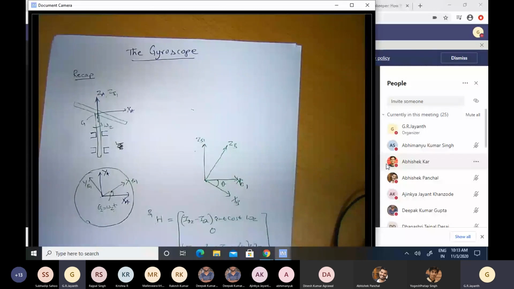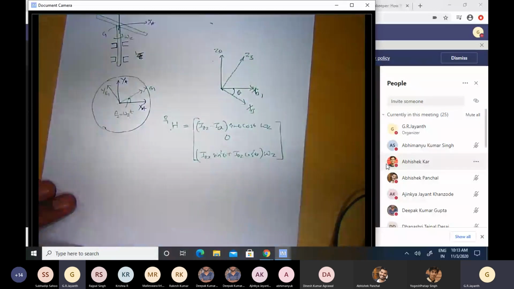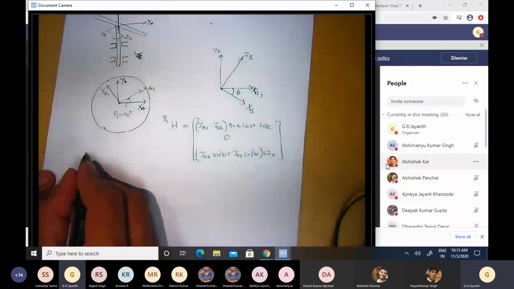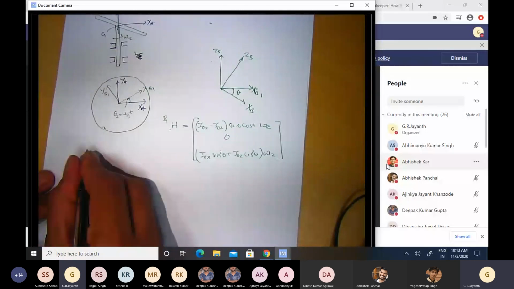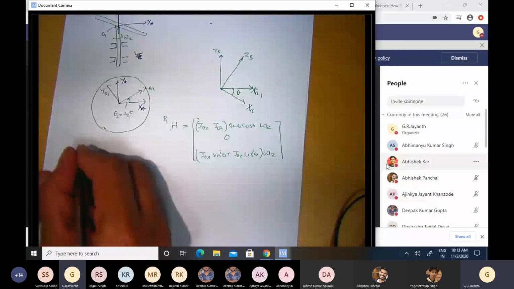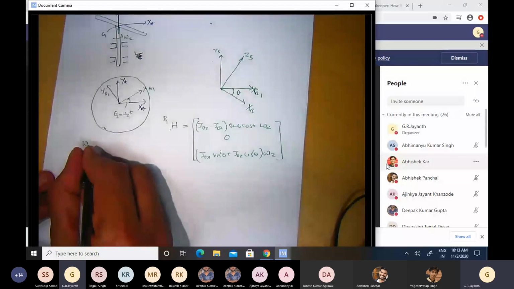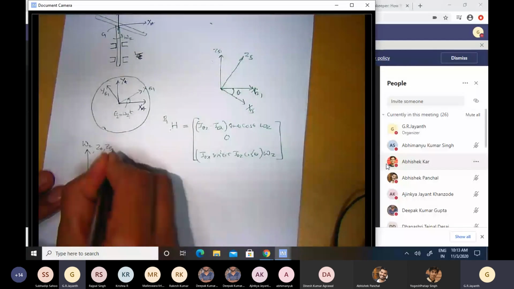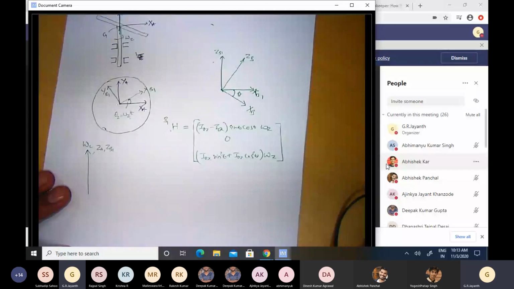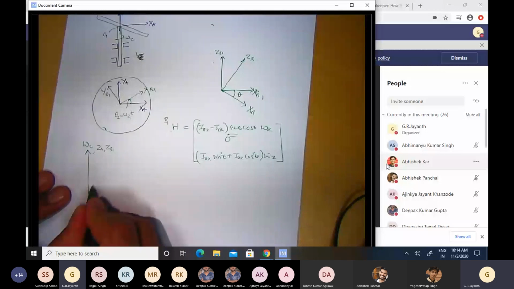Okay, so what was therefore the most interesting and important realization in this problem was that there was this angular velocity vector which was pointed along the z-axis of both the A frame as well as the B1 frame, but the angular momentum was not pointed along the axis of angular velocity. This is the major difference when it comes to analyzing rotational motion. It's in very rare situations that the two are aligned. In general, they are not. In particular, we see that it has an x component. So the angular momentum had an x component, and there was some angle theta which is decided by the ratio of these two terms.